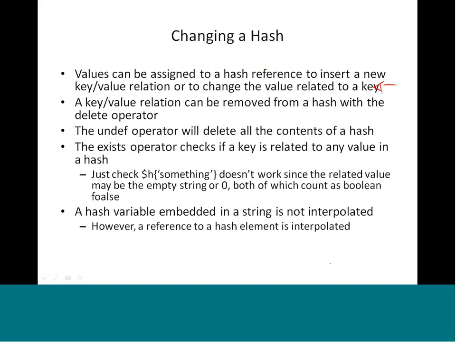A key value relation can be removed with the delete operator. This is something that we saw already, and this is another way to delete all the contents of the hash array. We know that one other method is %hash = (), which will get rid of everything. The other operator is undef %hash, which also will just remove all the contents from the hash. And then the exists operator, this is something that we saw, if any key is related to any value in the hash,